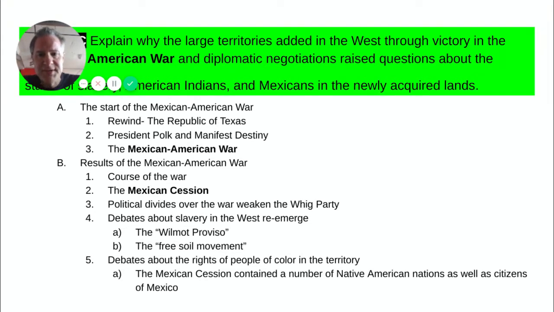Now, President James Polk, when he ran for president of the United States as a Democrat, was a huge fan of Manifest Destiny, and he made promises that he would add Oregon and Cuba to the United States. But more importantly, he said we would acquire the South, what is today the Southwest United States, as well as the lucrative state of California. So Polk set out on a mission to take that territory from Mexico.